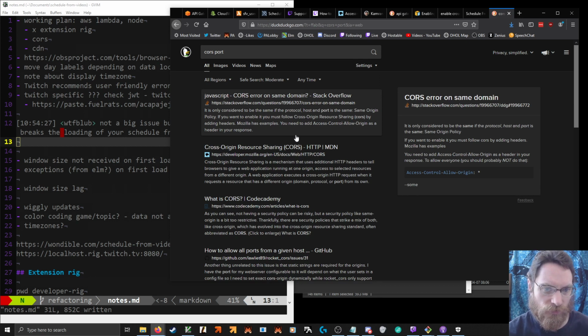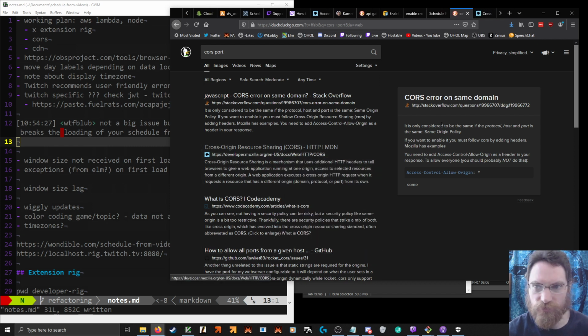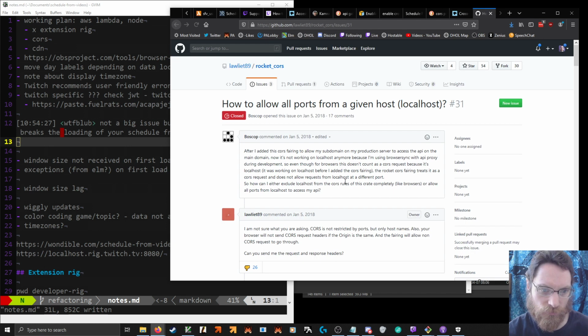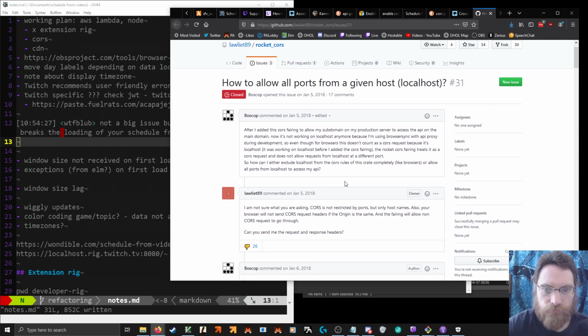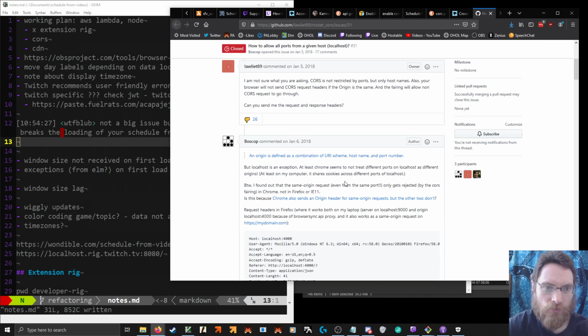CORS error on same domain. How to allow all ports from a given host. So that seems to be maybe no. Only by host names, not restricted by ports. Your browser will not send CORS request headers.